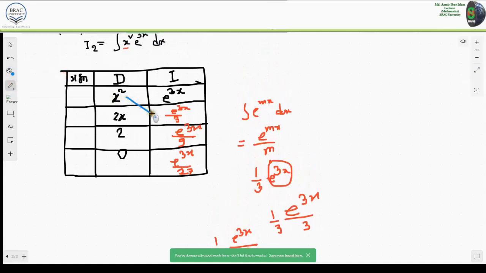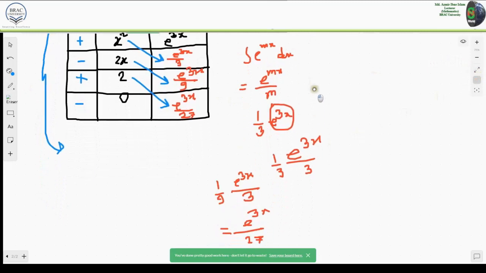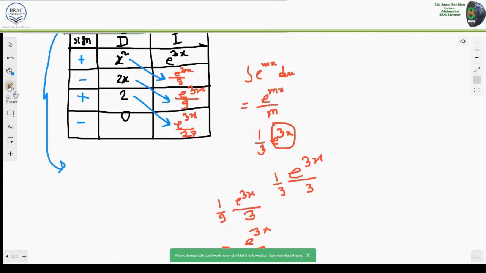Now don't forget to correspond x square with e to the power 3x by 3, 2x with e to the power 3x by 9, and 2 with e to the power 3x by 27. And the sign will be plus, then minus, plus, minus. Always for any problem it will start with plus, and then you can use alternating signs, plus minus, in this way. So the integral I2 can be written